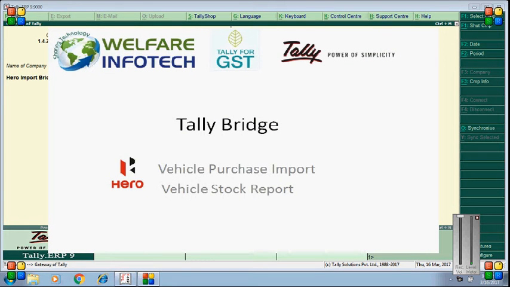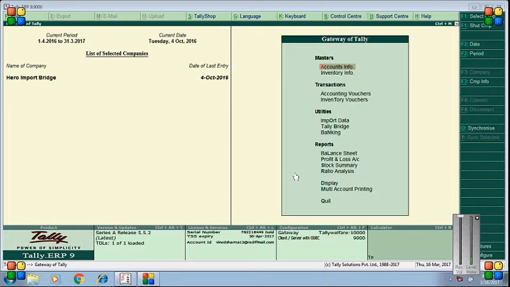Today we will discuss the Hero Import Bridge. Let's understand how we can help the dealers to import their vehicle purchases to Tally. First of all, to do this, we have to enable the TCP file, a small file which we have